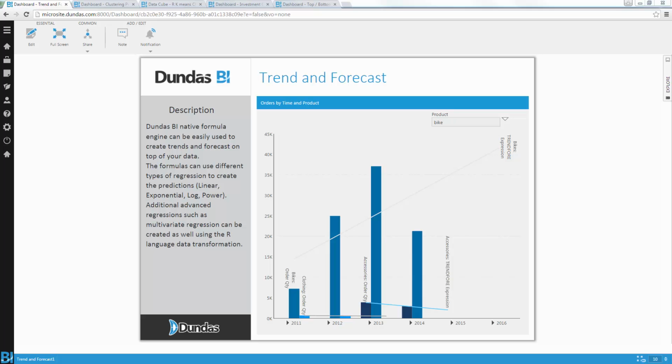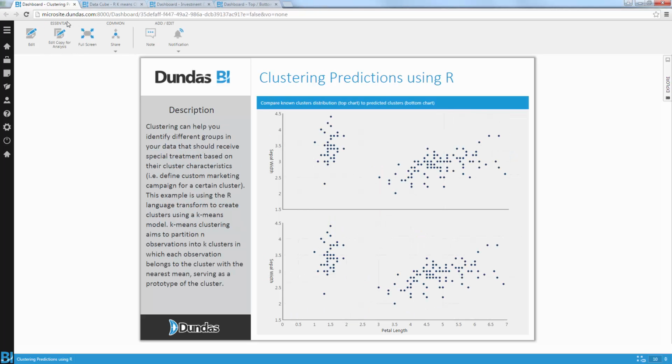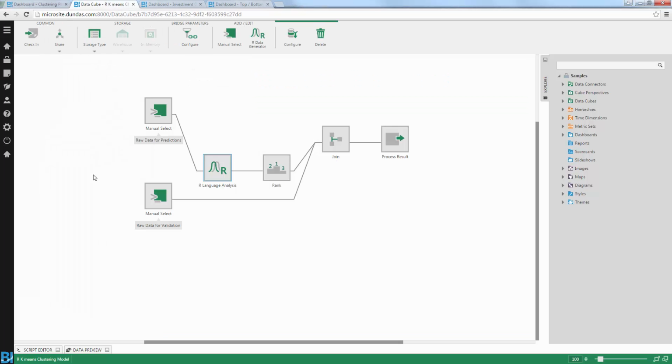In order to use the R transformations, you want to go into the DandoSBI Data Cube layer. The DandoSBI Data Cube layer is where you can prepare your data and create additional data transformations to better optimize the way the data is laid out to the users, or simply to provide the user a self-service experience layer where the user can just drag and drop from a set of measures and dimensions to create his own data analysis on the fly.